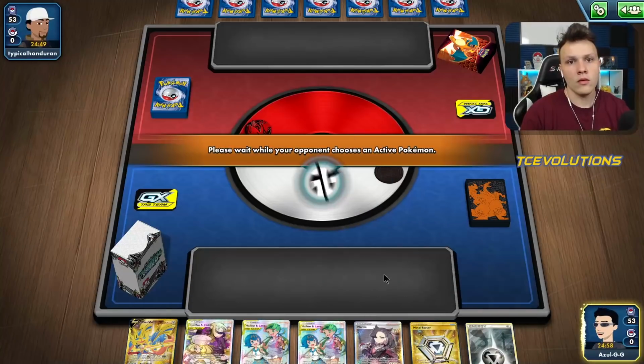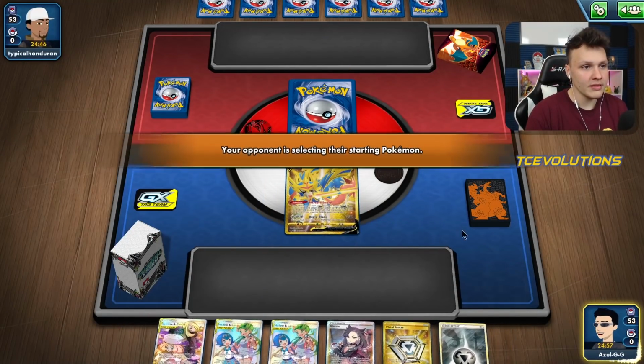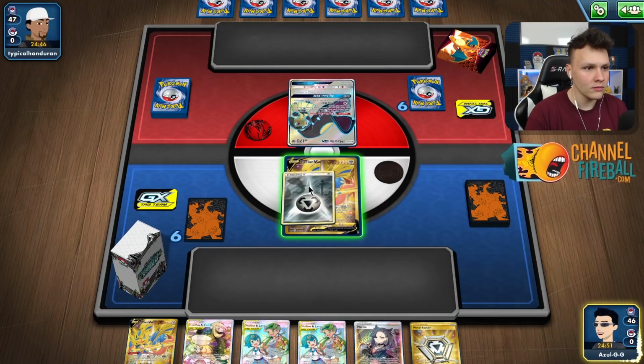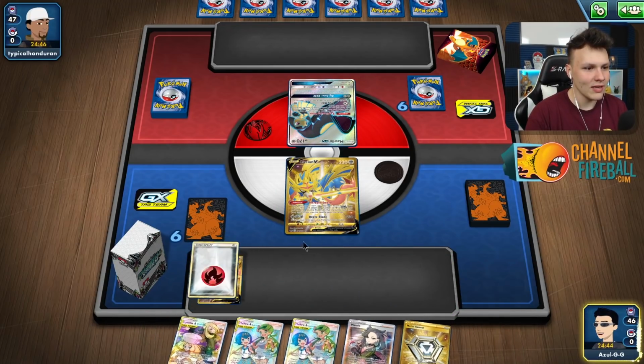Let's get another one. All right, into another one. Zacian start. Our opponent did pick for us to go first, so that makes me a little bit nervous about it being some kind of fire deck with LucMetal. There's a Mawile, though. I'm not too concerned now. I don't want my energy to get knocked out though, so